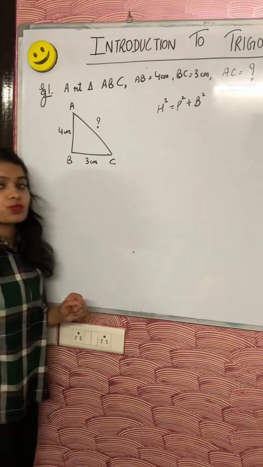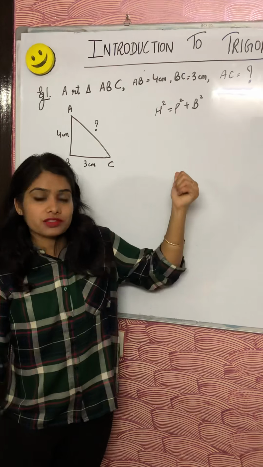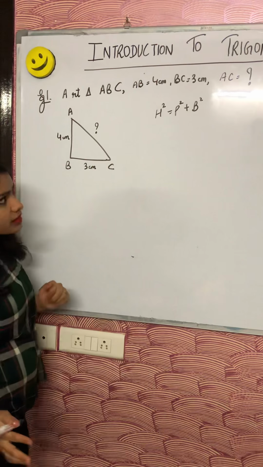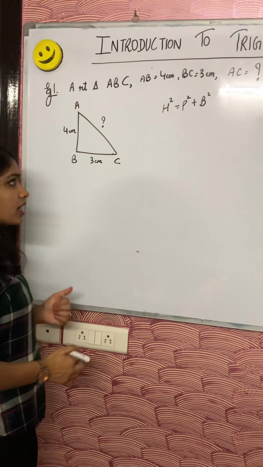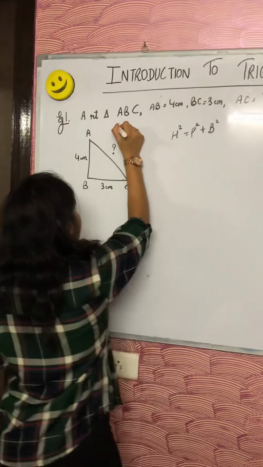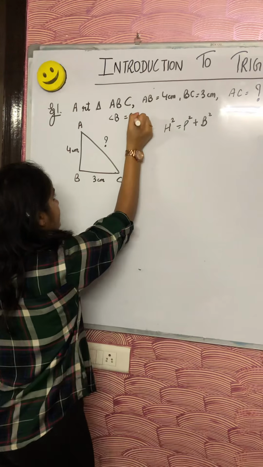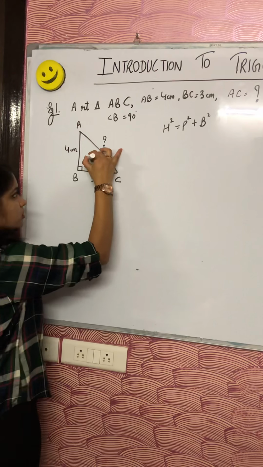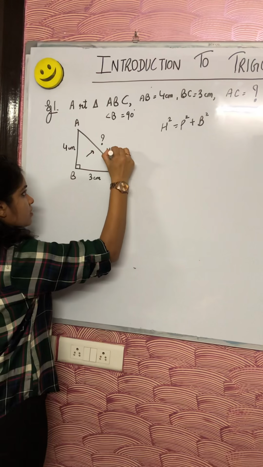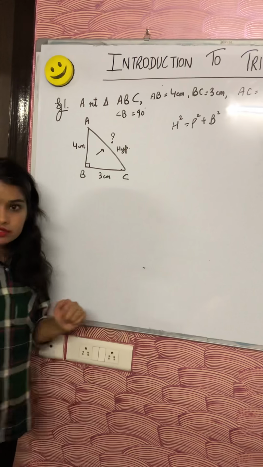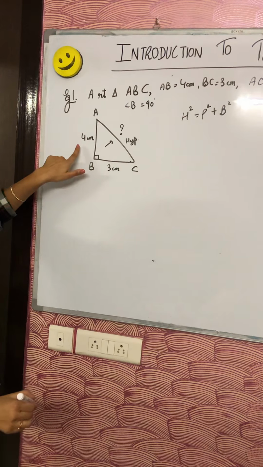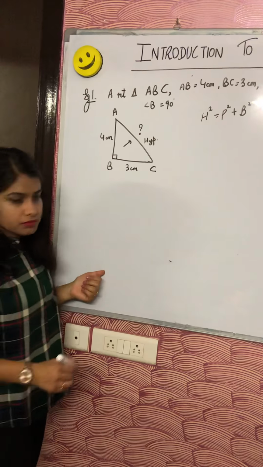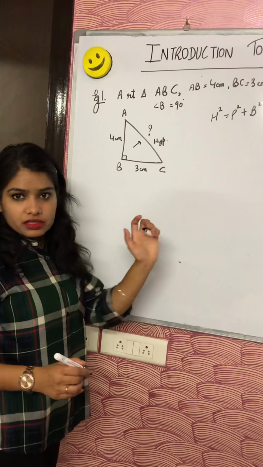But first we have to understand what is hypotenuse, what is perpendicular and what is base. In a right angle triangle, where is the 90-degree angle? Here they have already given angle B is 90. So this is your 90, and I have told you opposite the 90 we have the hypotenuse, right? And perpendicular and base you can mark any one of them because it will not